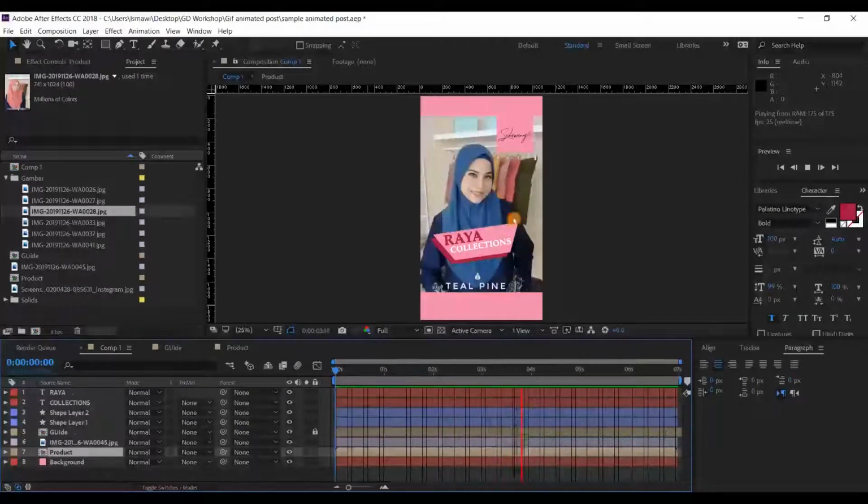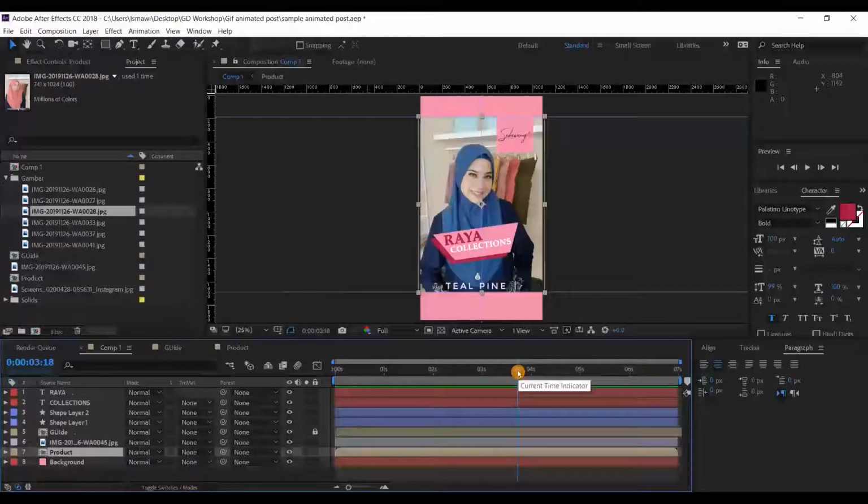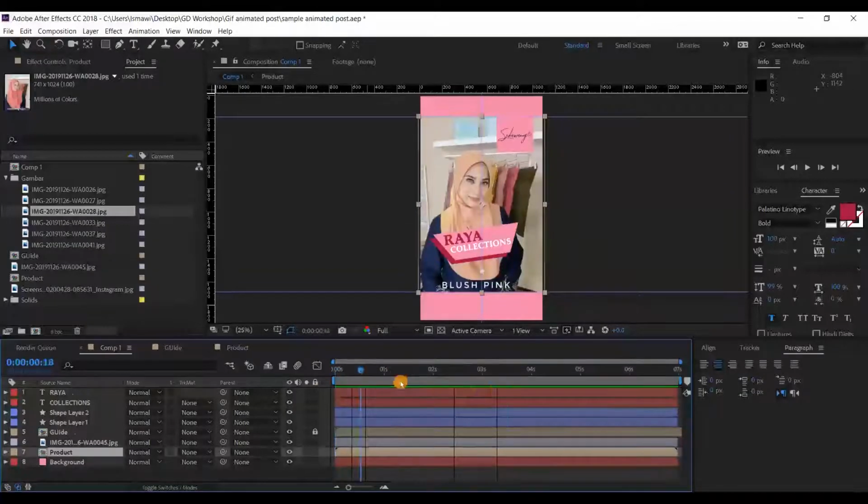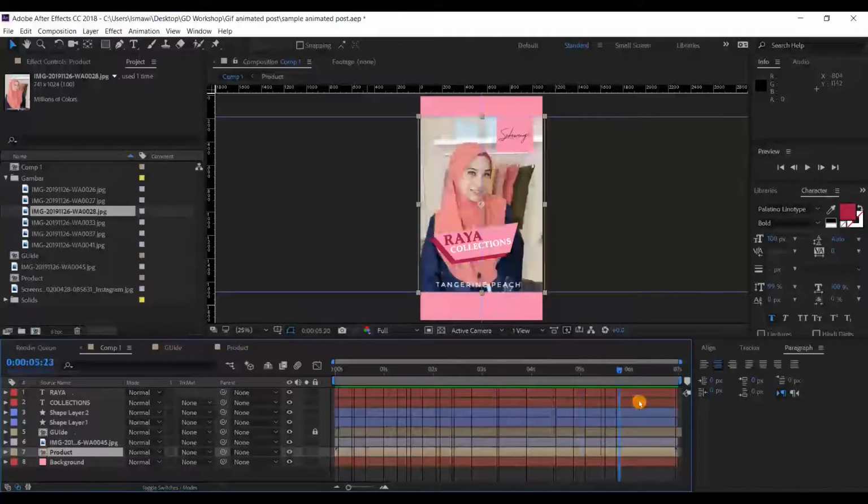Okay, so for this tutorial, I didn't make the picture slide too fast, like 1 second, because our target is maybe mature ladies. We don't want the visual to be too fast. It will be more comfortable for them to see the colors of the product and the quality of the product. Okay, so we're done with our first animation, where we made a slideshow for our product.